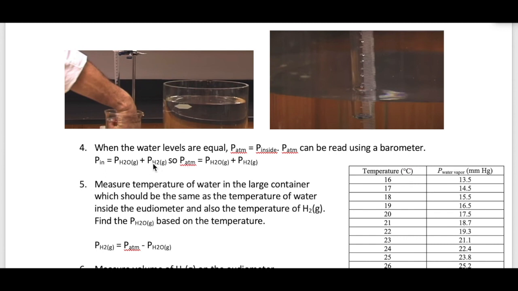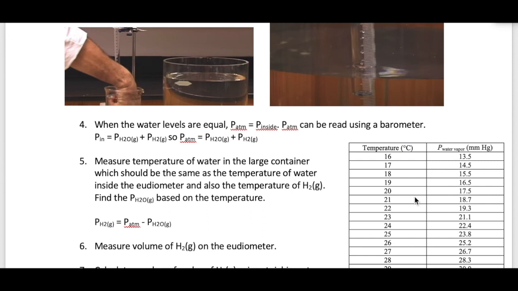To calculate that pressure of hydrogen gas, you're going to have to subtract the value of the pressure of the water in the vapor state from the atmospheric pressure. Okay, so the pressure of the hydrogen gas would be atmospheric pressure minus the vapor pressure of water. The vapor pressure of water you can find using a table that's given in your lab procedure, a temperature and pressure table. The temperature of the water is measured by just sticking a thermometer into your bucket of water, and whatever that temperature is, you're going to see the vapor pressure of water. So all you need to do is subtract that to get the actual pressure of the hydrogen